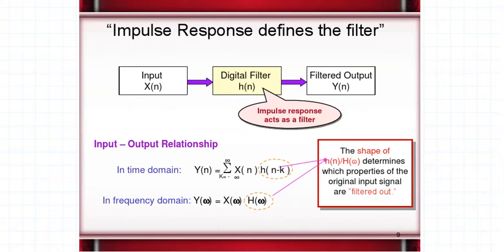Before we go into much more detail about the types of filters, let us first focus on what a digital filter actually is. Friends, a digital filter is actually an LTI system, a linear time invariant system. And this digital filter has its own impulse response. Since it's an LTI system, every LTI system is governed by its impulse response. So this impulse response is nothing but the behavior of your digital filter.